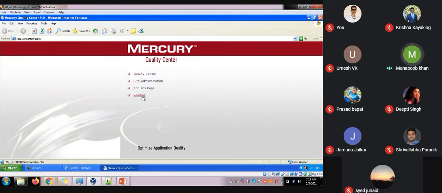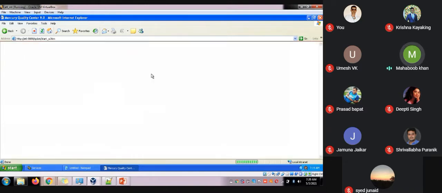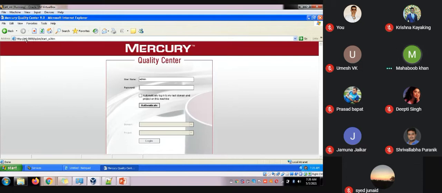Okay, so there will be this many modules. I have an admin module, that's the reason. When you try to join, you see a server name, this is QC bin start, and this is port number 8080, the default port. It will run on the default port, guys, 8080. Admin is the username and admin is the password.